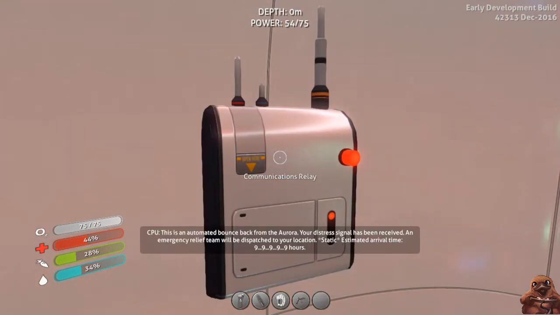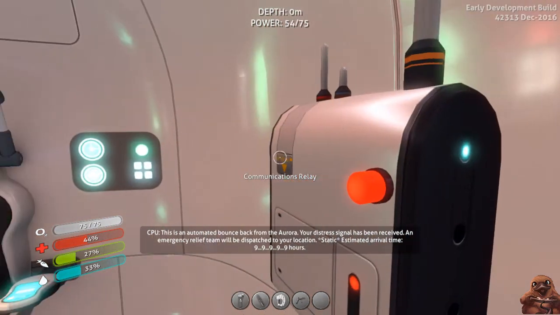This is an automated bounce back from the Aurora mining vessel. Your distress signal has been received. An emergency relief team will be dispatched to your location. The estimated arrival time,